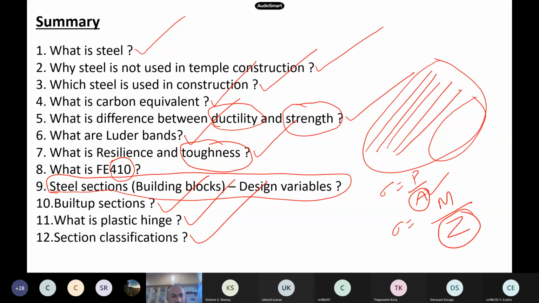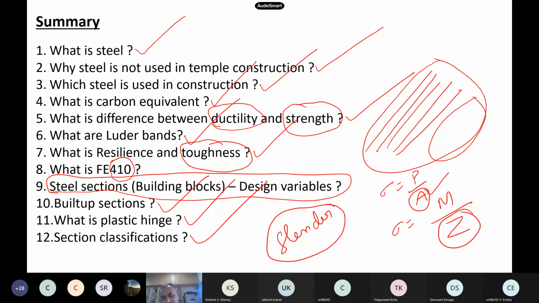Just now we have seen what type of sections there are, which type of sections you should know. Our IS code doesn't permit one of them. In the table we had only 3, but there are 4. Please tell once again. Slender sections. Excellent. So slender sections are not allowed. But how do you convert a slender section into semi-compact? Reducing the effective area. You are not cutting anything, but just assuming that it is reduced. Okay. So fantastic. Now if you have answered all these questions, it means you followed it.